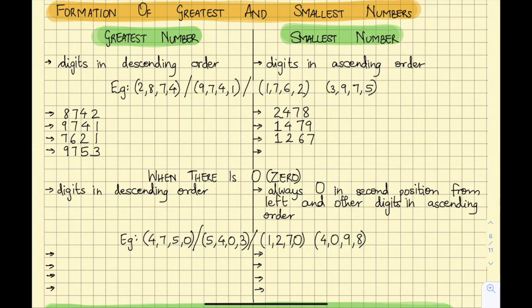Out of 3, 9, 7 and 5, we have 3, 5, 7 and 9. So 3579 is the smallest number. Now let us see